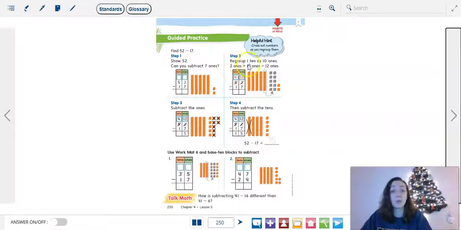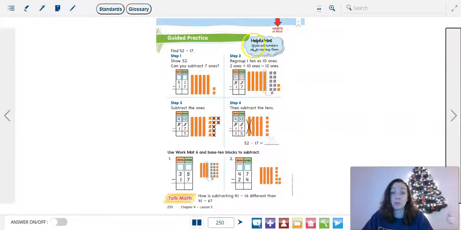So step 2, regroup 1 10 as 10 1s, as you can see they've done in the picture. And then it says 2 1s plus 10 1s equals 12 1s. So now we have 12 1s. So now our number is 12 minus 7. And of course you have to account for taking that 10 away. So just like whenever you take it out in the picture, you have to cross it out and take it